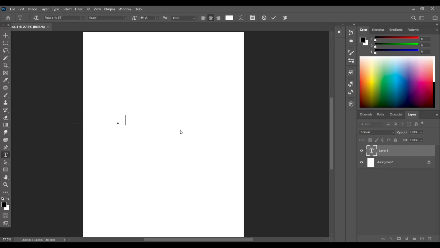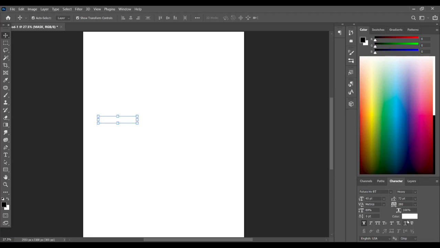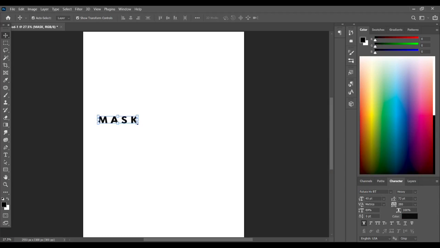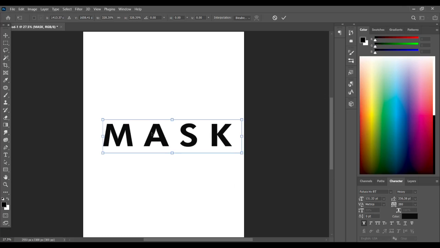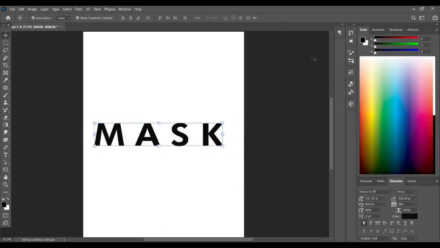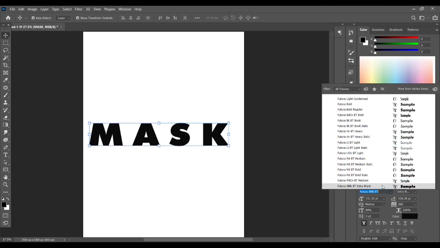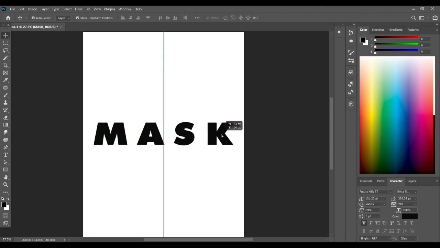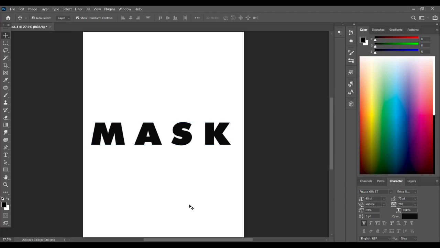just write mask, and change the color to black, and make it big, and set it to heavy, bold. Yeah, this is good. And now I'm going to use an image,